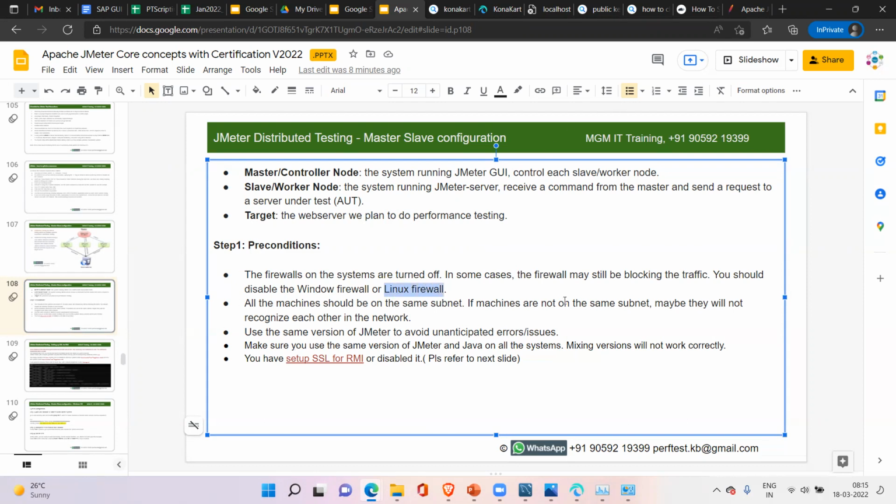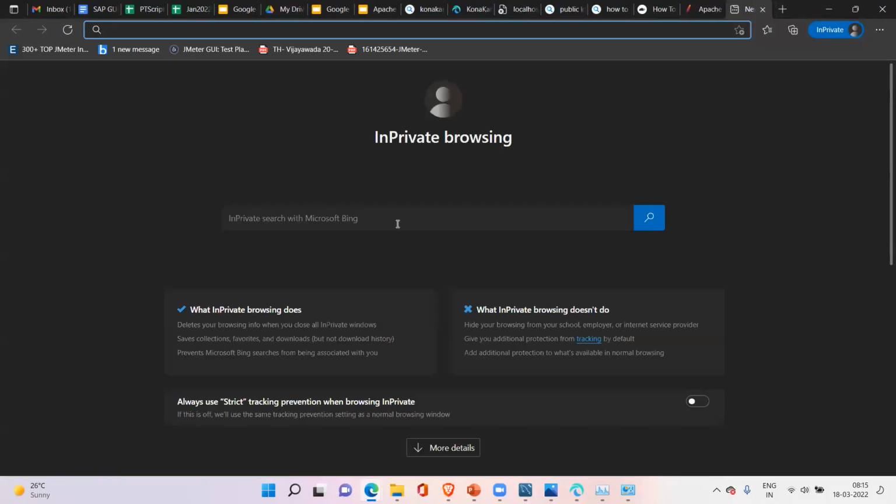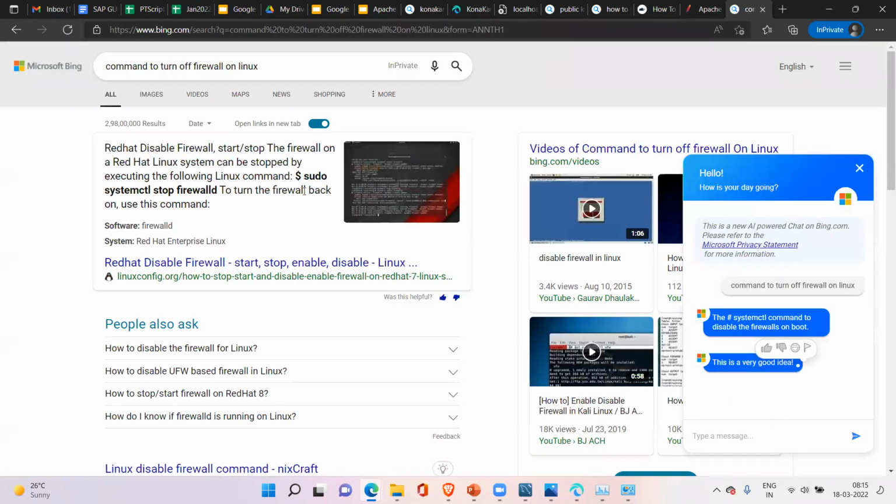Let me search for the steps. Command to turn off firewall on Linux. Firewalld status or something is there. Yeah: sudo systemctl stop firewalld.